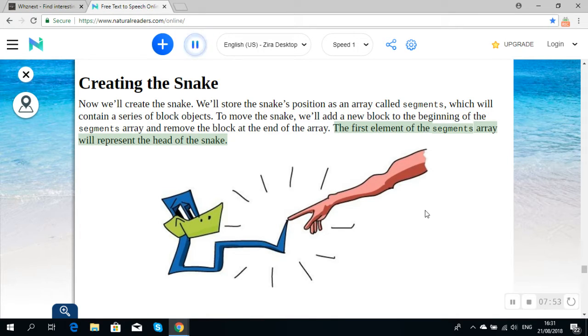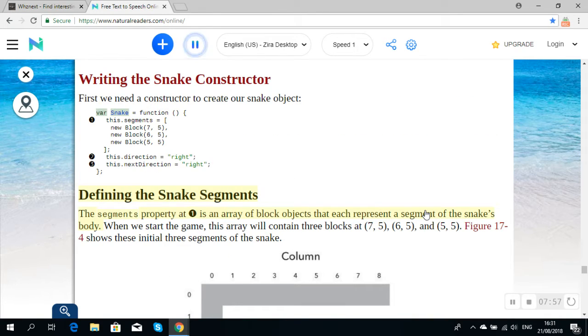The first element of the segments array will represent the head of the snake. var Snake = function () { this.segments = [new Block(7, 5), new Block(6, 5), new Block(5, 5)]; this.direction = "right"; this.nextDirection = "right"; };